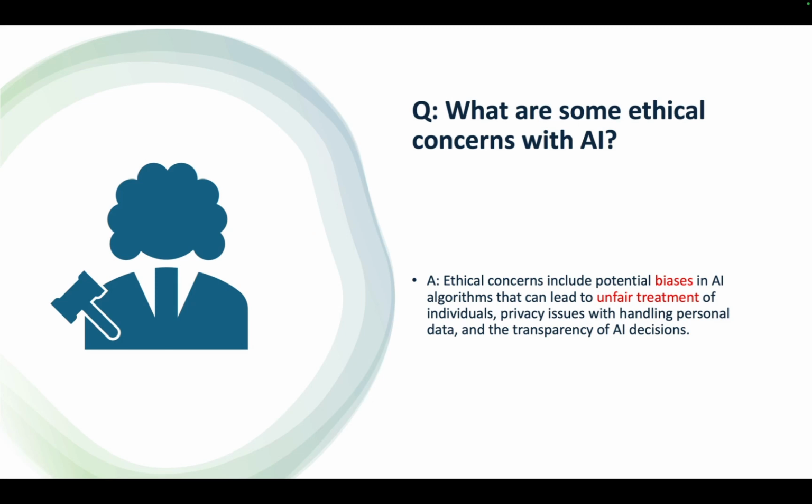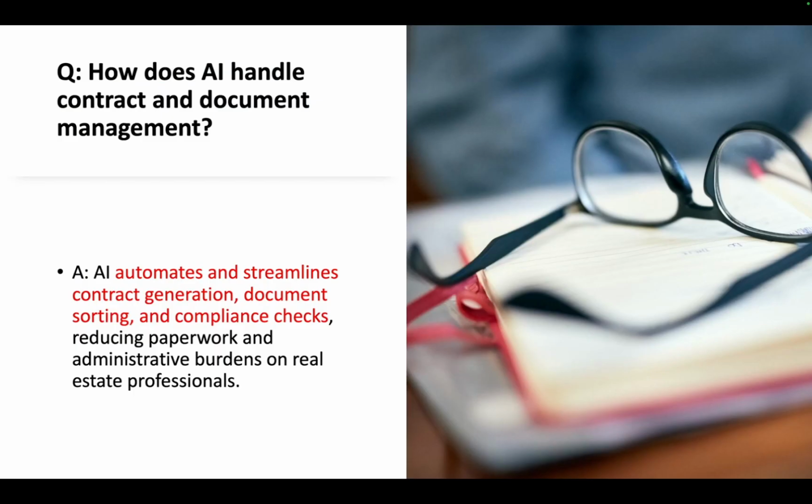So the main ethical concerns tend to be around biases and unfairness. So when you ask what are some ethical concerns with AI, it's just bias and unfairness, because the decisions and the choices or predictions it makes are based on the data that it's been trained on, and that data, as we know, isn't perfect. So that's why it's worth spending the extra time to make sure that the data is clean and is usable.